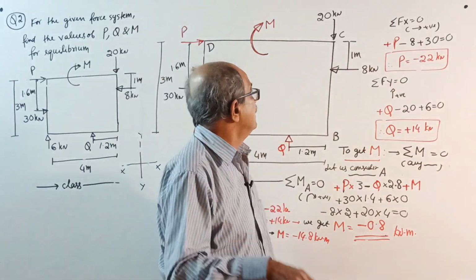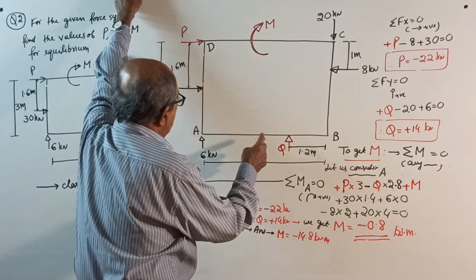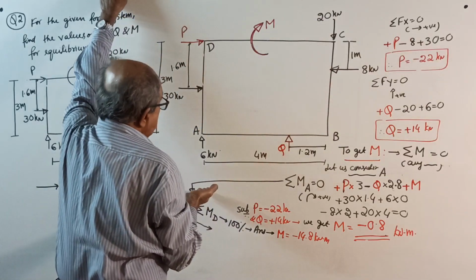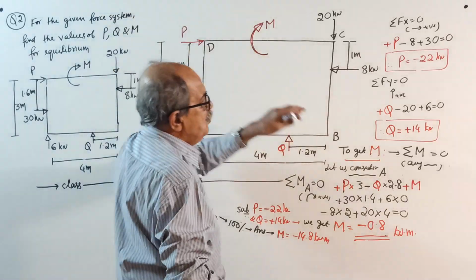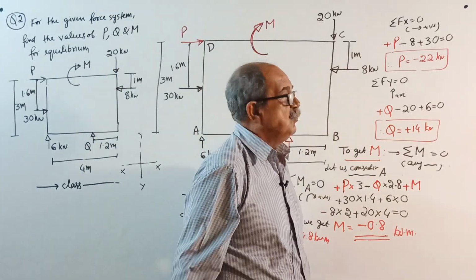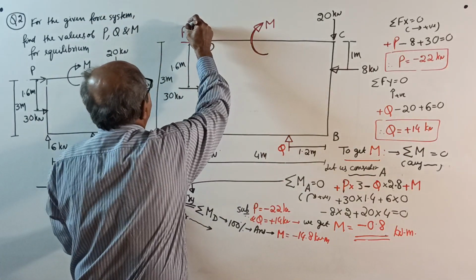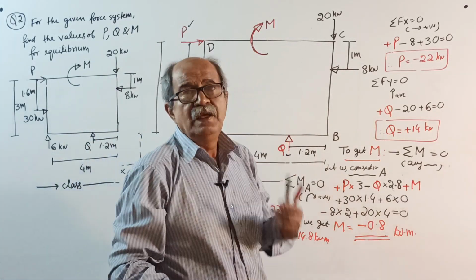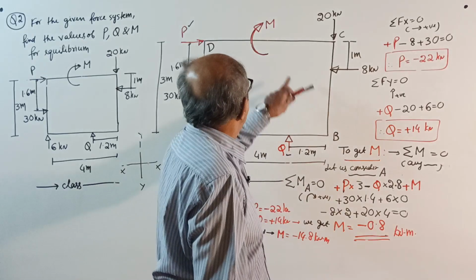Last, I will explain. Sigma Fy equal to 0: plus Q minus 20 plus 6 equal to 0. Q will come plus 14. Okay, now we got the values of P and Q. Now you require the M value. To get the M value,